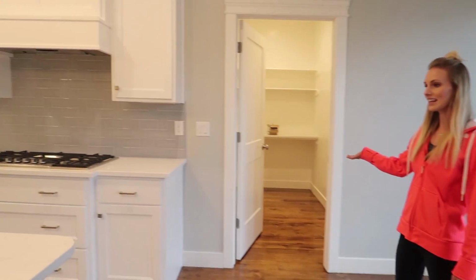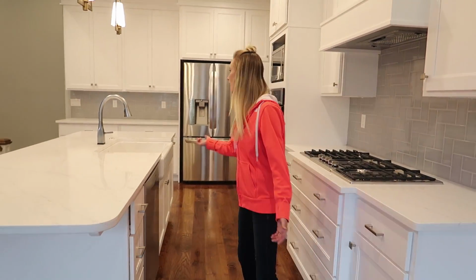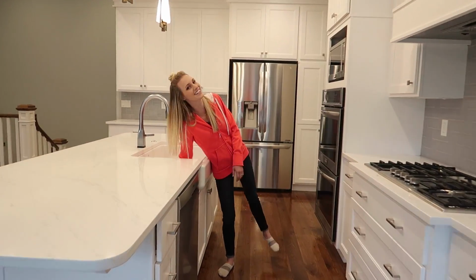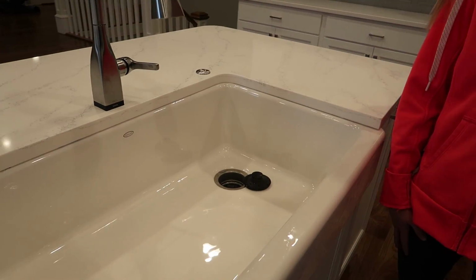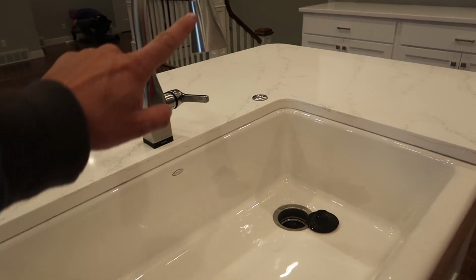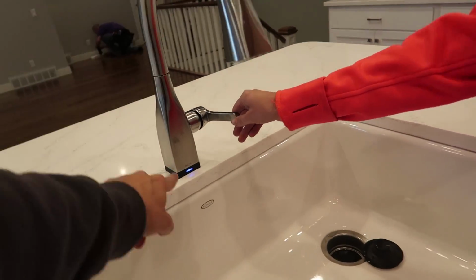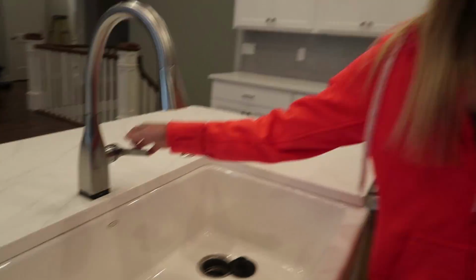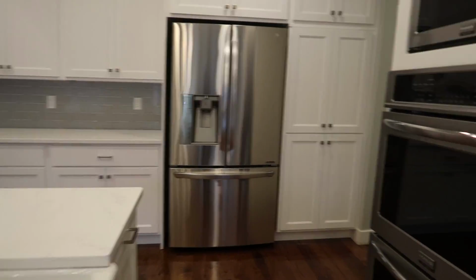And then this is one of the things I'm excited about the most, just being in the kitchen and cooking. And we could bathe our 2-year-old in this sink. This is a really great, what do they call it, farmhouse sink? Yeah. It's a white cast iron. I'm very excited about that. Oh wait, let's see. It's ready, but it's not turned on yet. And then we've got our stovetop here, the hood, our refrigerator, our stove and microwave,